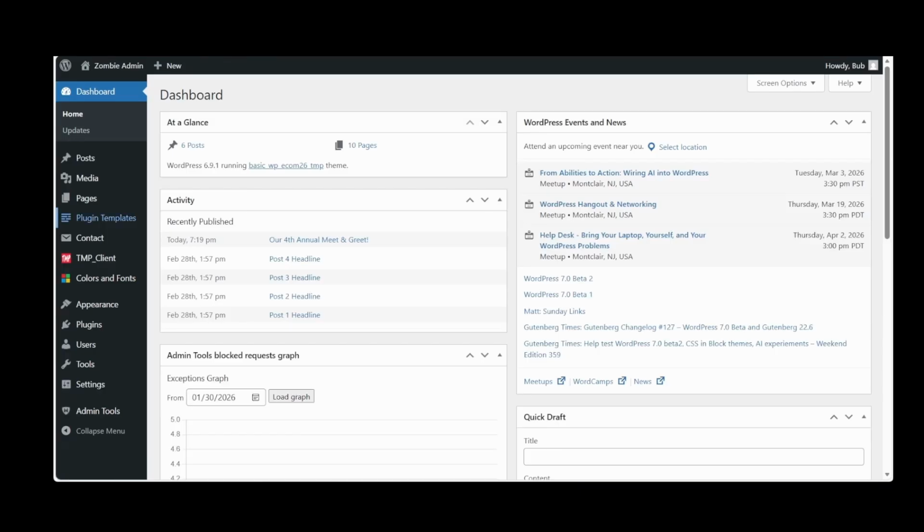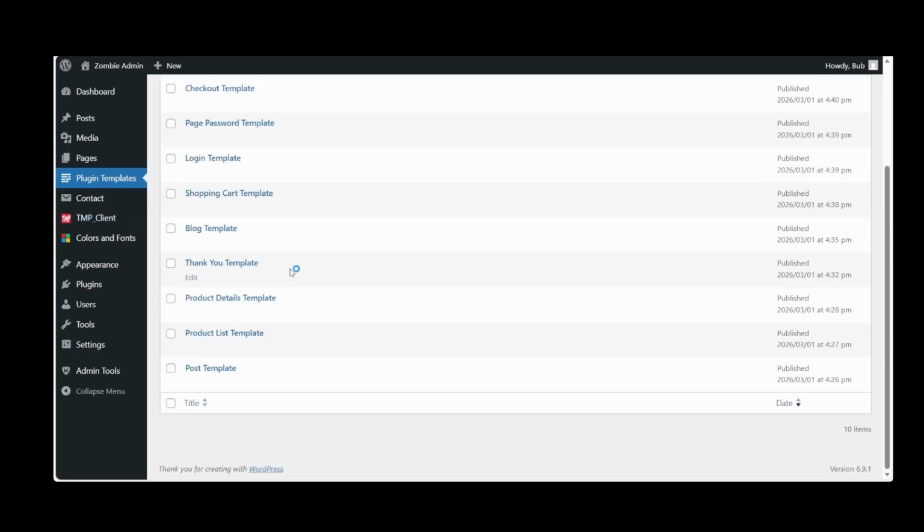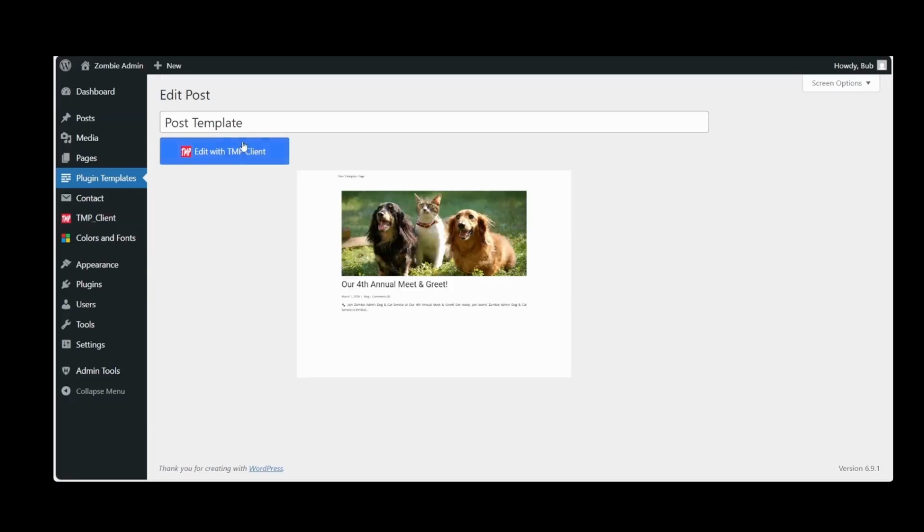Let's go to plugin templates. Let's go to post templates. TMP client. Let it authorize.